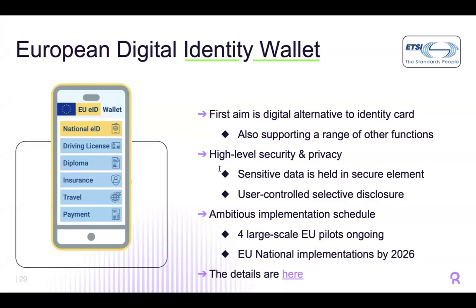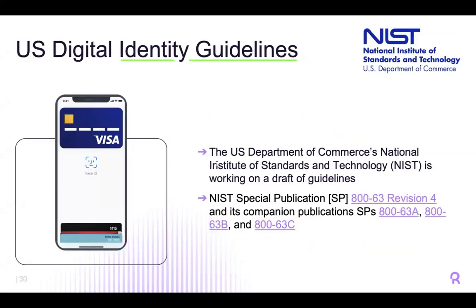Currently, there are 4 large-scale European pilots ongoing, and all implementations should be done by the beginning of next year, also 2026. The European Digital Identity Framework amends the eIDAS, Electronic Identification, Authentication, and Trust Services regulation with the goal of creating a unified approach to electronic identification that works across every member state. As for the United States,